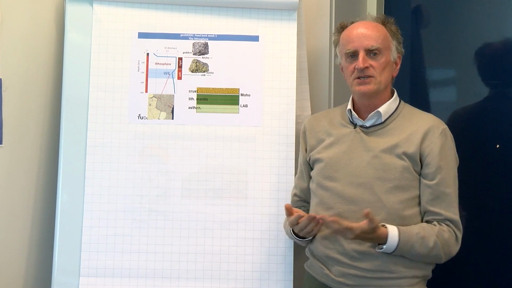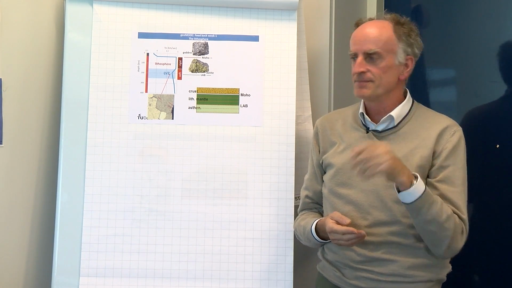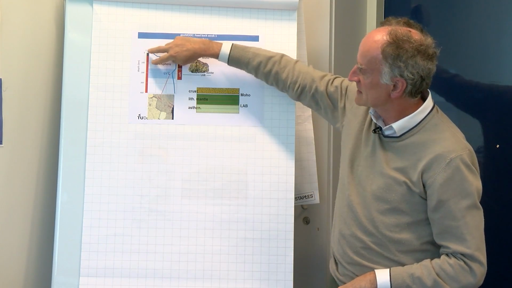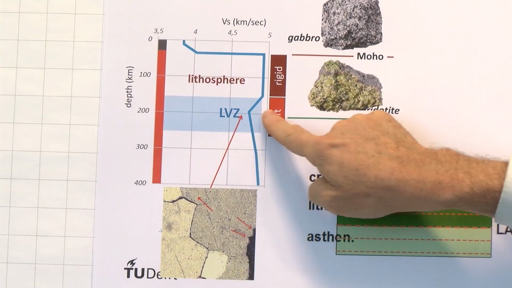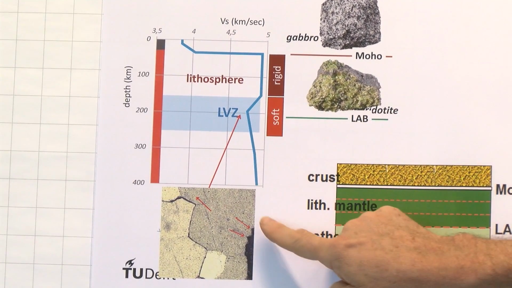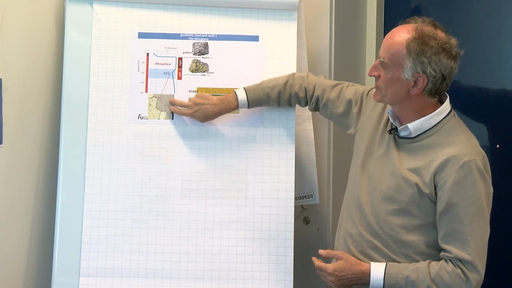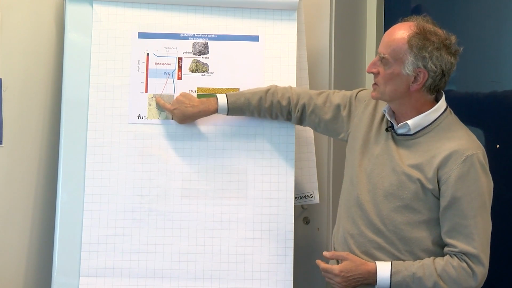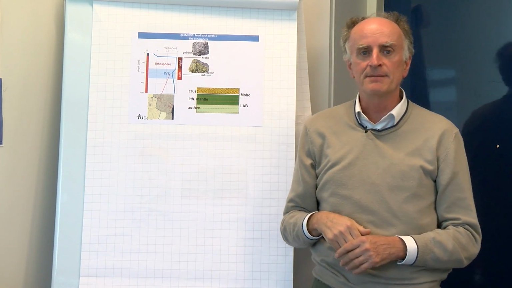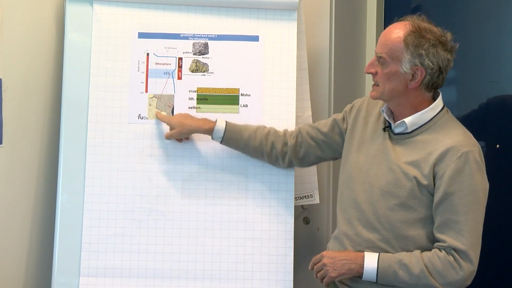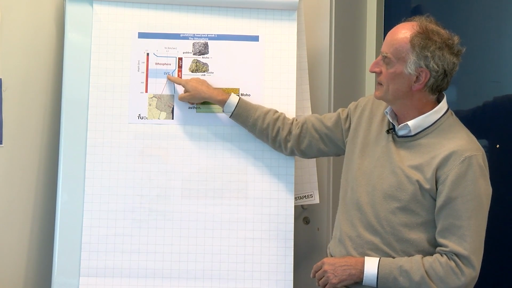The next very important issue is the lithosphere. Keep in mind definitions, they are very important. We've defined the lithosphere as the rigid body overlying the low velocity zone. The low velocity zone is an area where, because of temperatures, the rocks have a bit of melt between the grains. In terms of composition, the rocks of the low velocity zone are the same as those of the lithospheric mantle. It's simply that these are just a bit molten, and therefore the boundary between the lithosphere and the asthenosphere